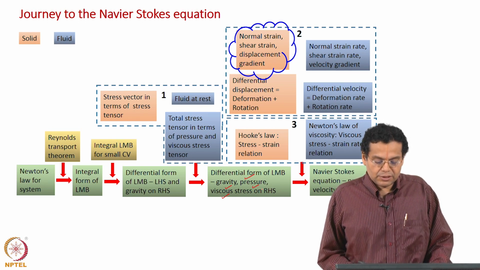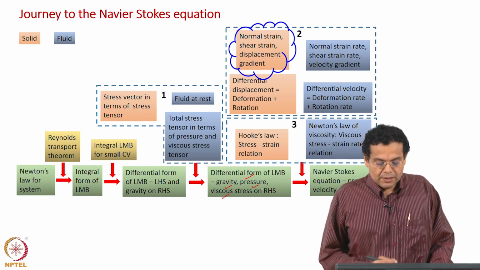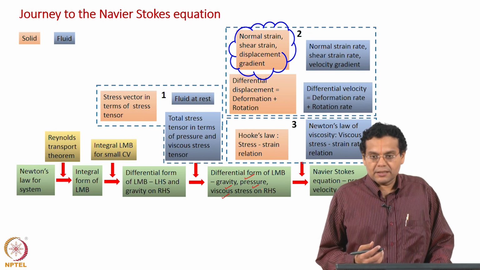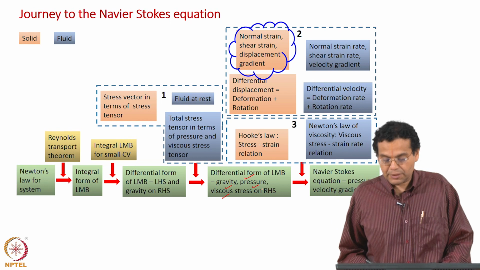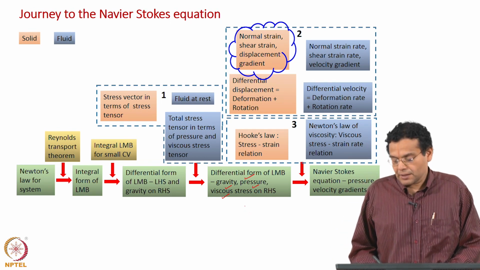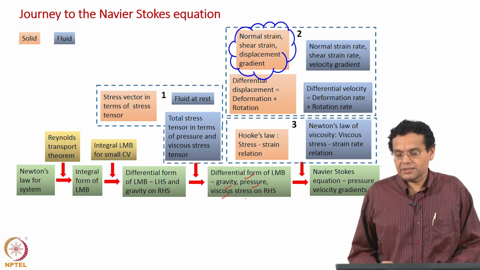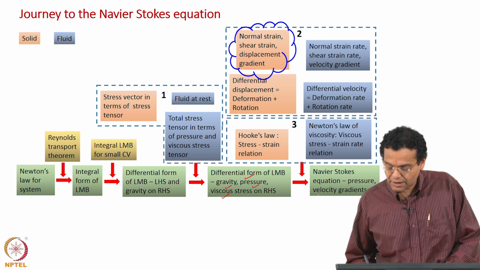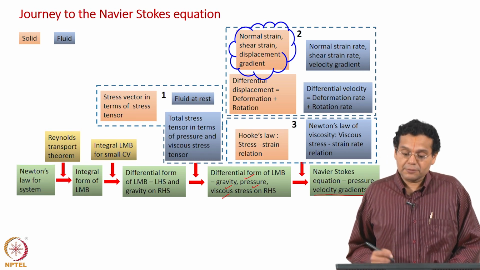So, our unknowns in the equation, the variables in the equation, should of course be density, pressure, velocity. We cannot have other unknowns. So, the viscous stress tensor components are unknown. Now, we need to express the components of this viscous stress tensor in terms of velocity, really in terms of velocity gradients. To have a better understanding of velocity gradients, we will first understand displacement gradient.